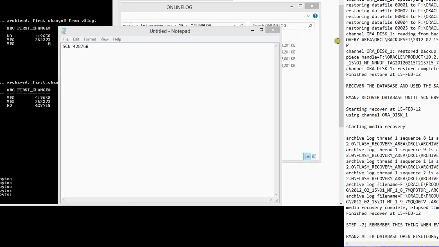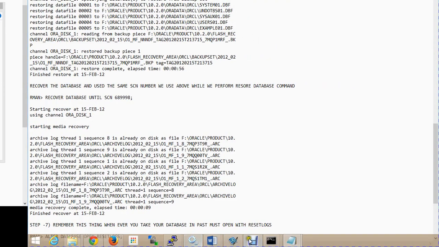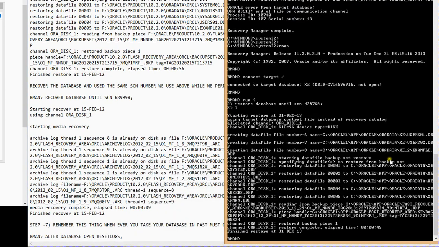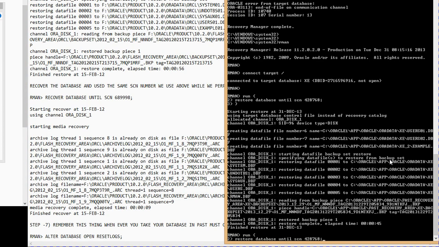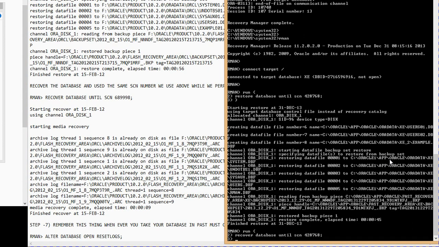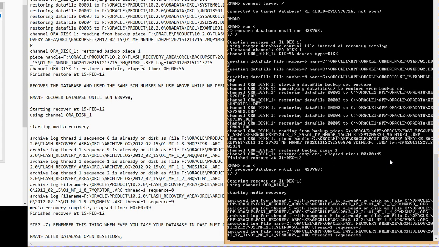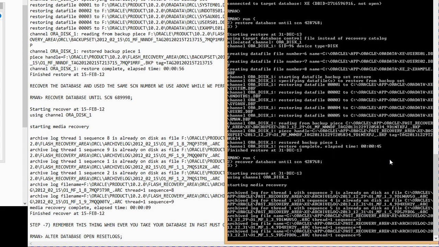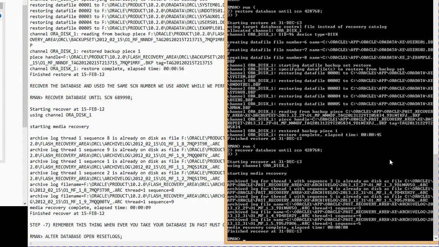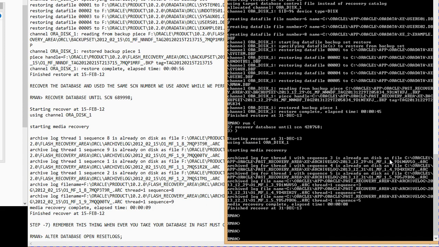So I just restored my database, and now I'm going to recover it using that same SCN. Recover, okay, and then close it out. Okay, and what I'm going to do is issue